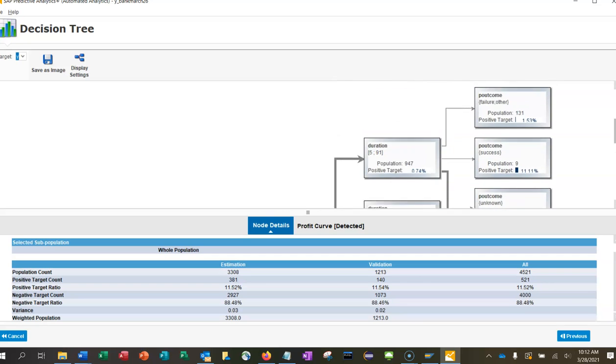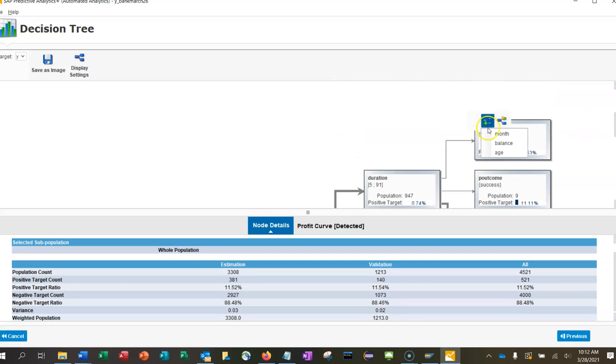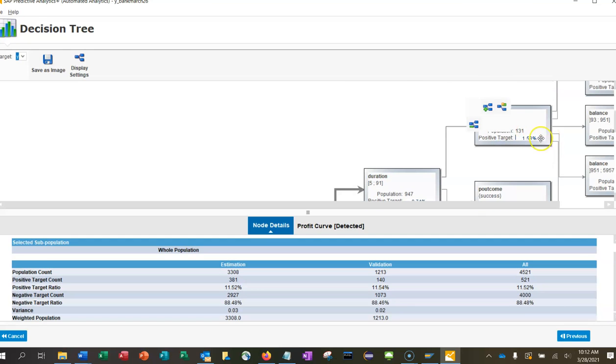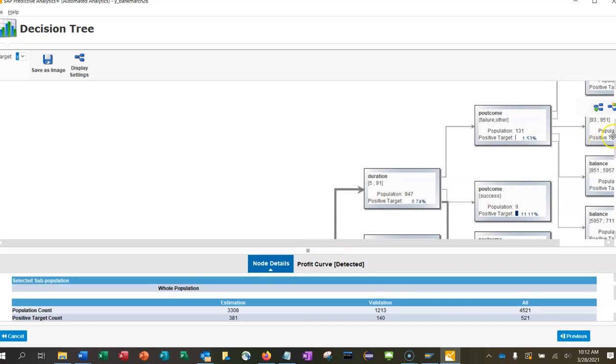So, I can then go further and go maybe balance as the next one. So that is how I end up with a very large decision tree. And this is a little difficult to read here. And the decision tree is how eventually the system works. It follows the tree pattern. It picks up the duration, then it sees which link you will go, given the duration, what p outcome will you go, given the p outcome, what other